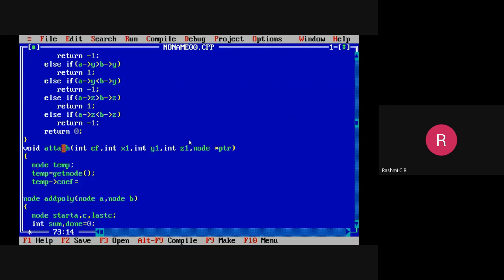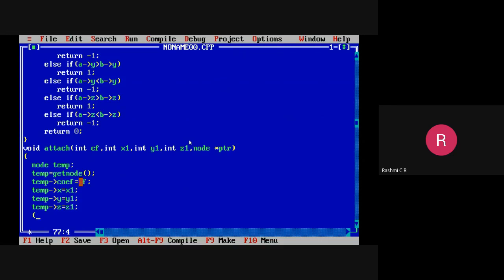What is the coefficient? This is CF, returned by the function. Then for temp we assign x, that is x1, for temp we assign y, which is y1, and for temp we assign z, which is equal to z1.